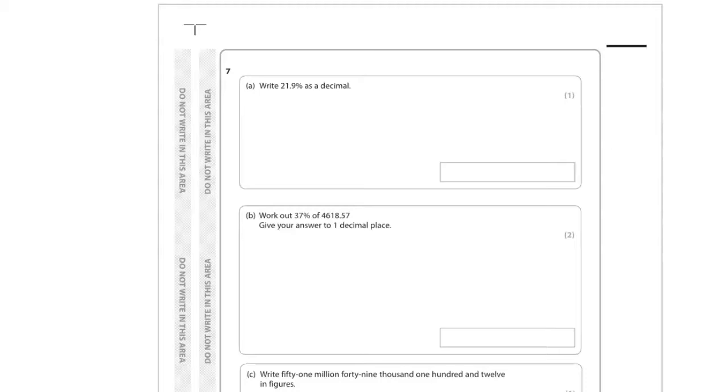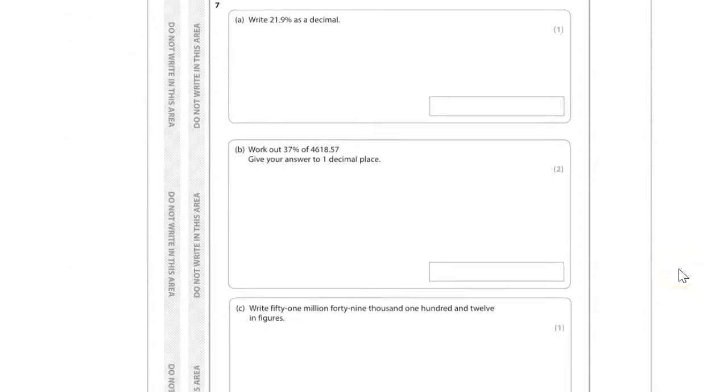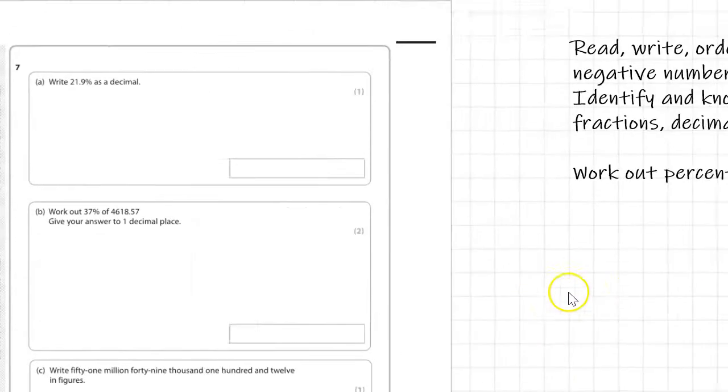First question. B, work out 37% of 4,618.57. Give your answer to 1 decimal place. And C, down the bottom there, just move it a bit more into focus. Write 51,049,112 in figures. So I do like to put it in context in terms of the course and the skills